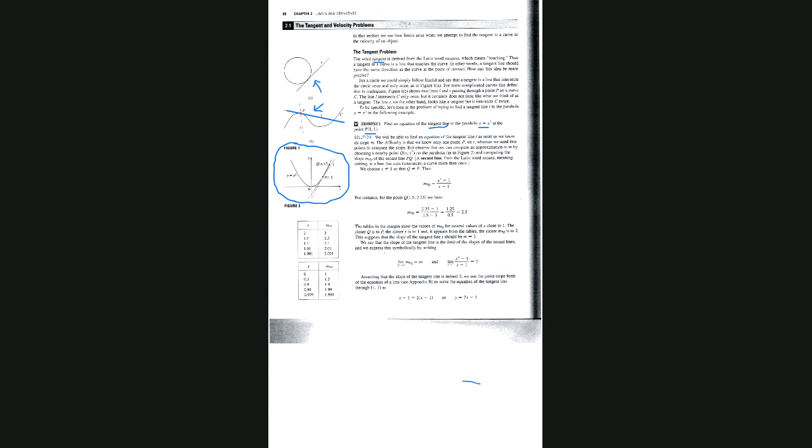Well, what we can do is find the slope of something called a secant line. To get the slope of a line, how many points do you need? You need, well, 4 coordinates, but you need 2 points: an x1, y1, and an x2, y2. So what they say is